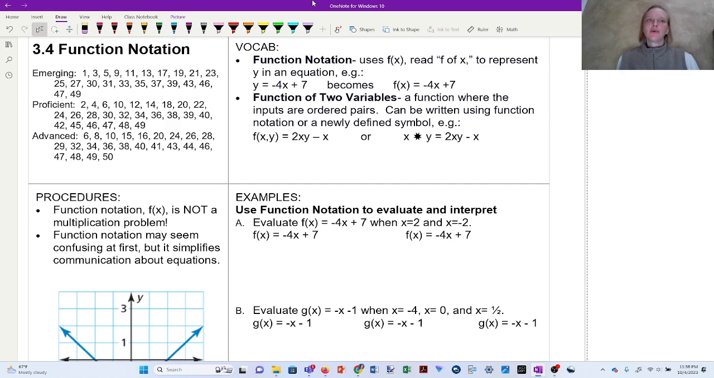Hi folks, today we're going to learn about function notation, and some students find function notation confusing. It is a new way of writing basically the y variable in an equation. It may seem confusing at first, but it is actually a really handy notation system because it simplifies communications about